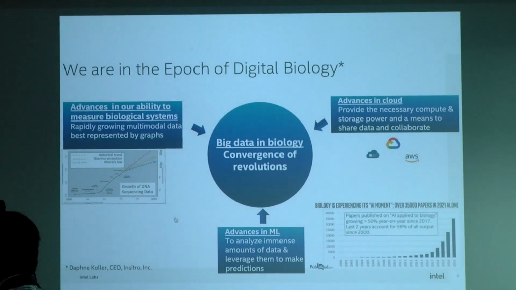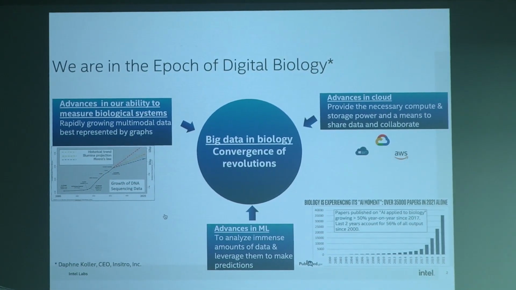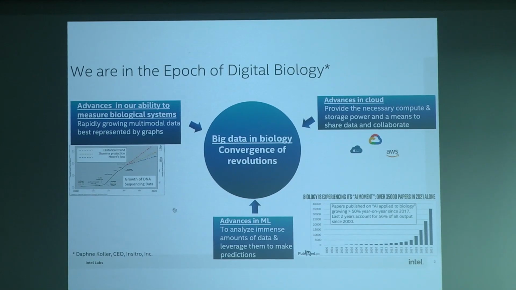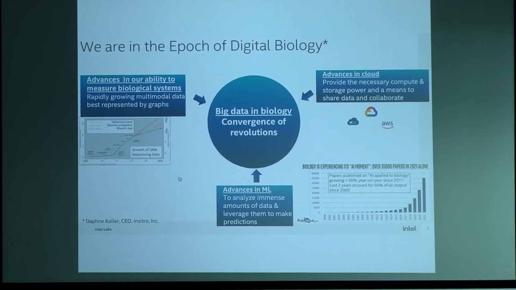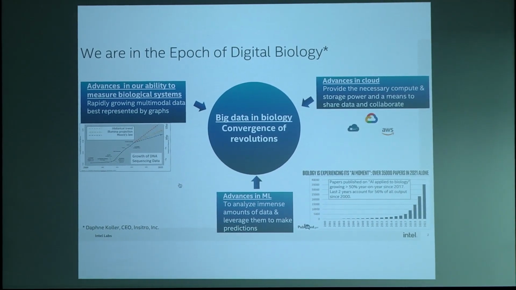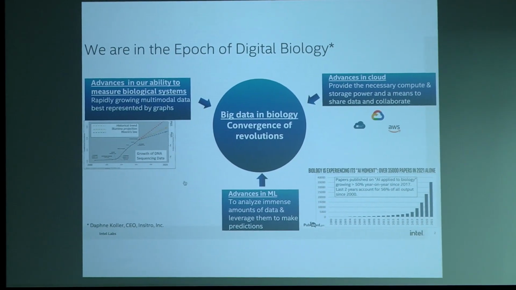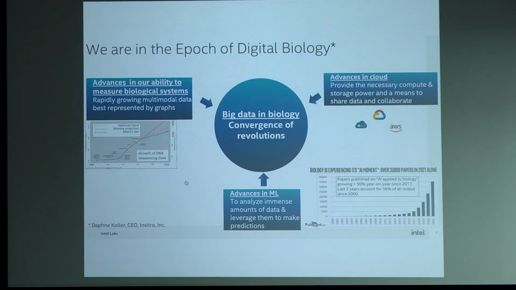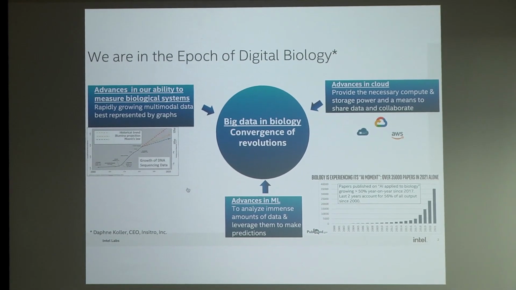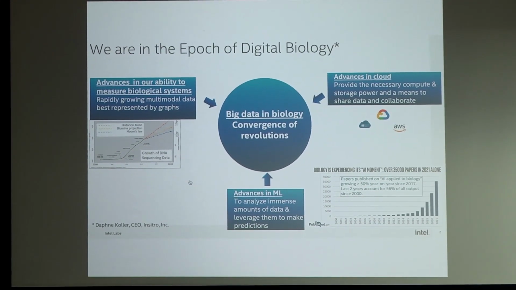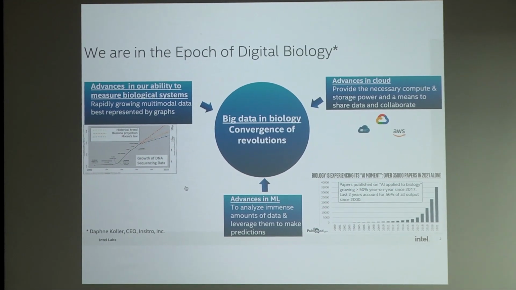So we are at the epoch of digital biology. It's a convergence of different revolutions, starting from our ability to measure biological systems at a very good resolution and different kinds of data, the multimodal data. On the other side, advances in cloud services. Cloud has gotten bigger, better, efficient, and now we can store huge amounts of data, collaborate on that data, and use it for various purposes, right? It's available on demand, so cheaper and faster compute. And then advances in AI and ML